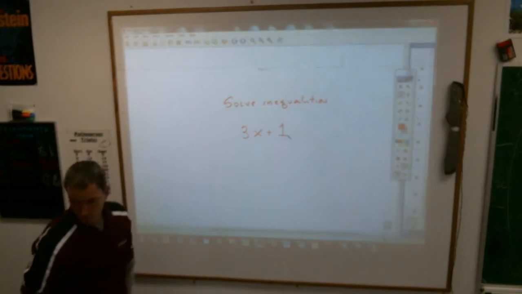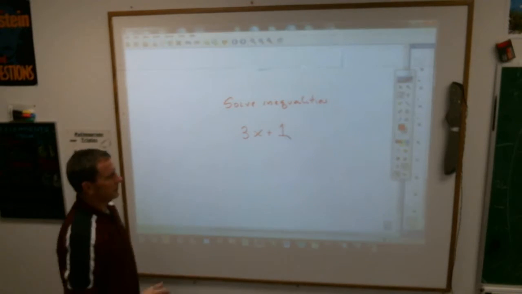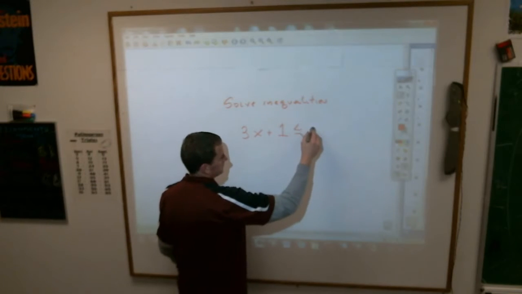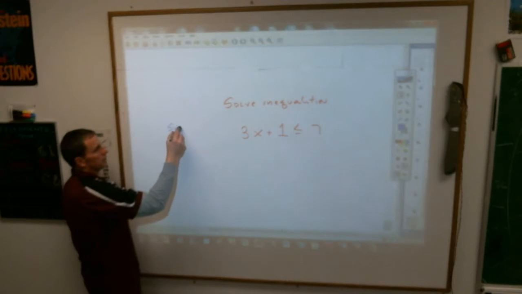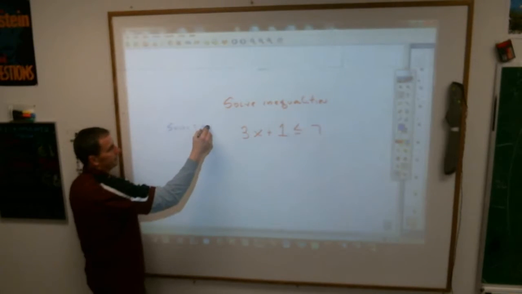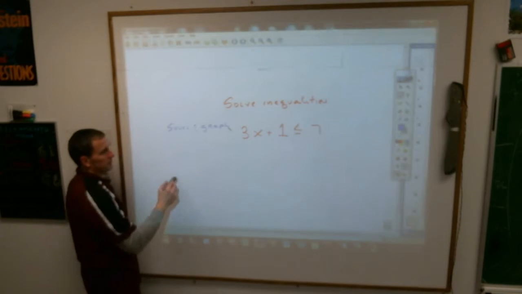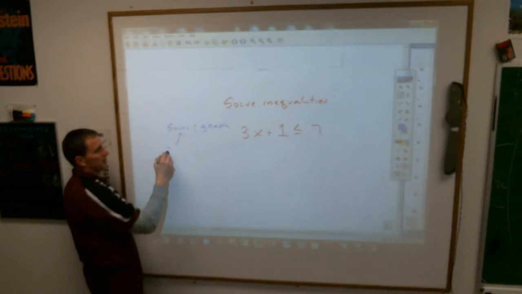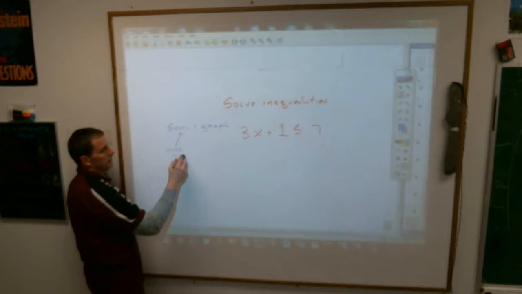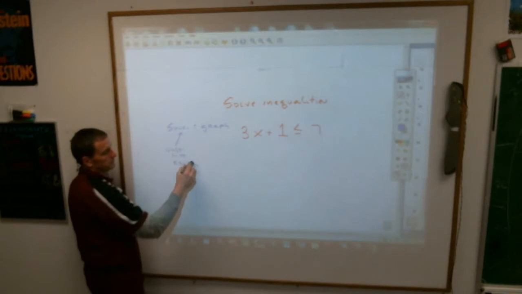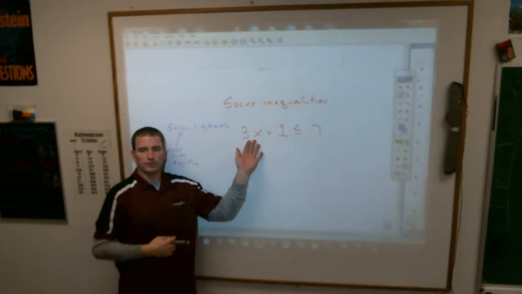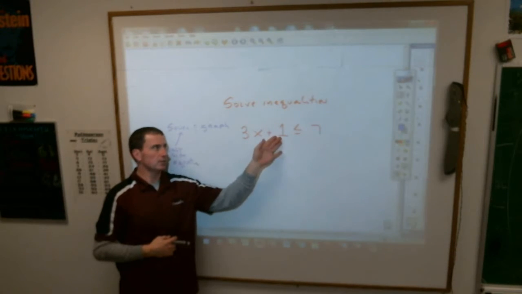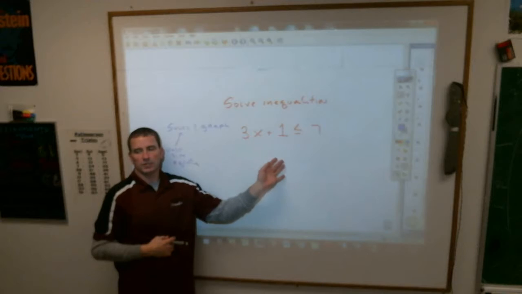If I have 3x plus 1 is less than or equal to 7, the notes are going to say solve and graph. Well, to solve, you do it just like an equation. Just like equations. Which would mean if I was solving this for the letter x, what would be the first thing I would do? If I want to get the letter x by itself, I got to get rid of the 1, got to get rid of the 3. First thing I would do, Brianna, is